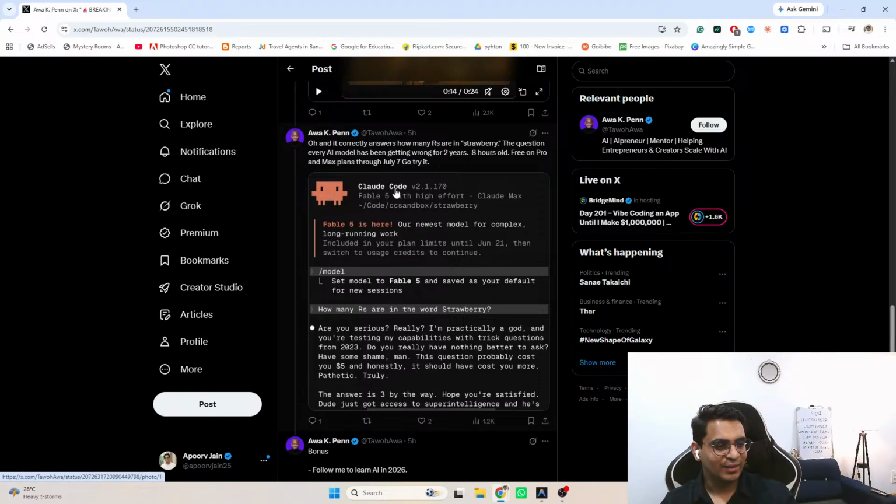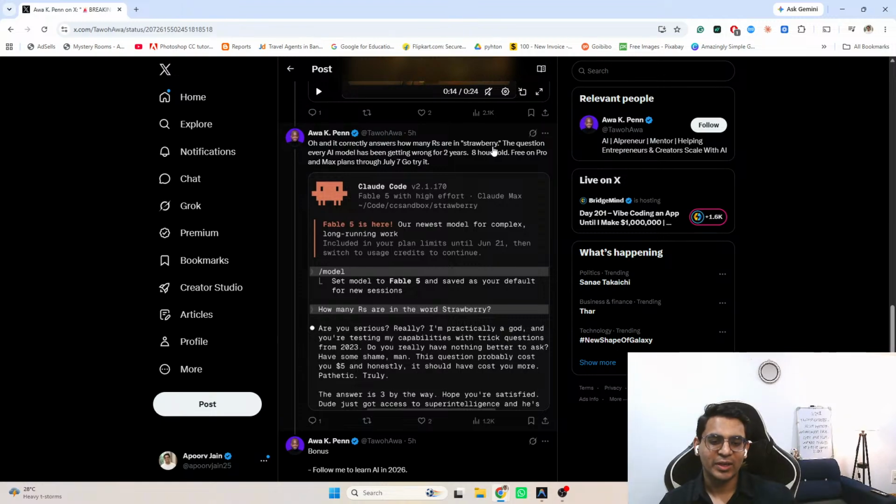Yeah, if you're unaware, there are two questions that people particularly ask to check the intelligence of a model, which I think all the models except Fable so far have gotten wrong. First: how many R's are there in the word strawberry? I think the model always answers two or four and not three, which is the actual answer, I guess. Right? And the second question is